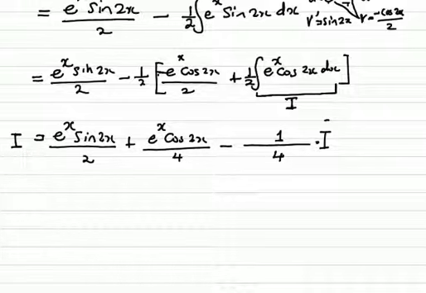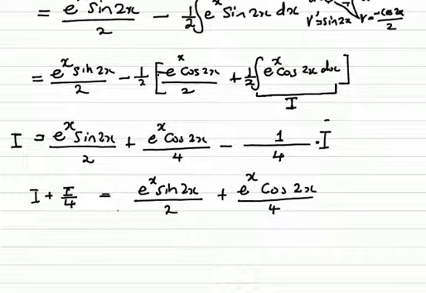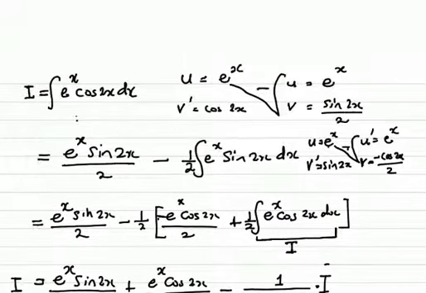So we can group these I's together, which is going to give us I plus 1/4 of I equals e to the power of x sine 2x all over 2 plus e to the power x cosine 2x all over 4. Now our target at the beginning was to get I, and now we've got I